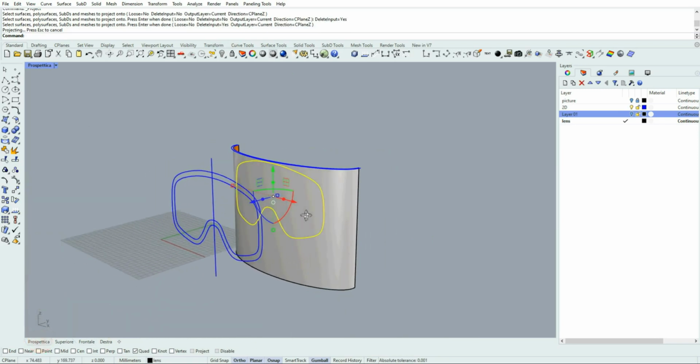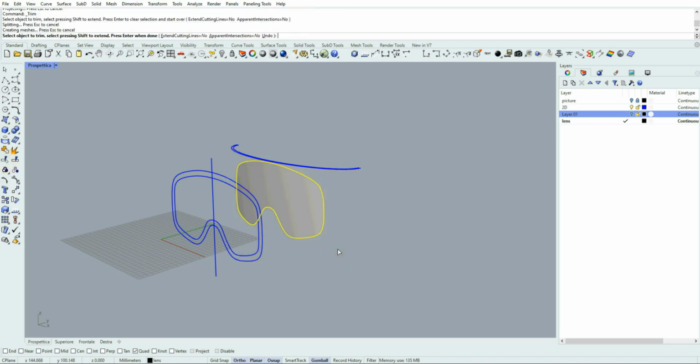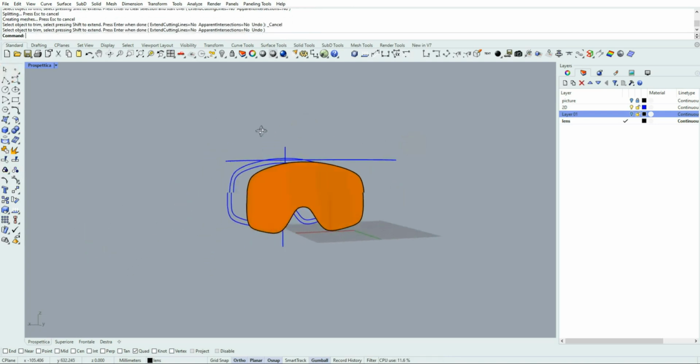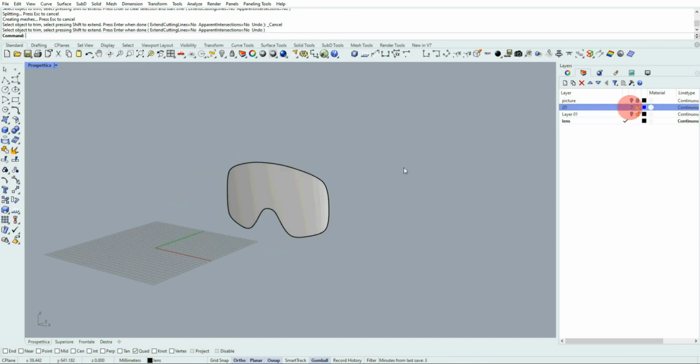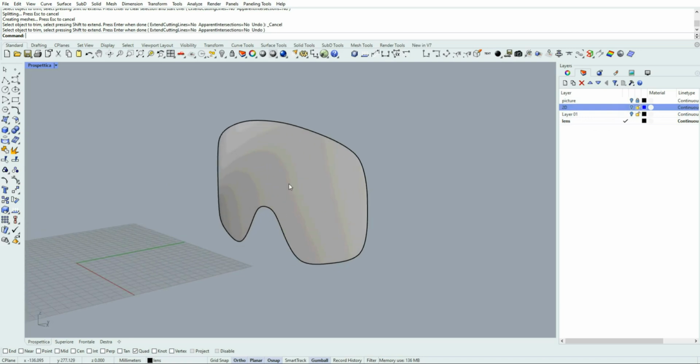And this is the result. This is what I got. I can use trim, and I trim out this part of the surface. So basically I got my lens, even if it's a surface, so it has no thickness.